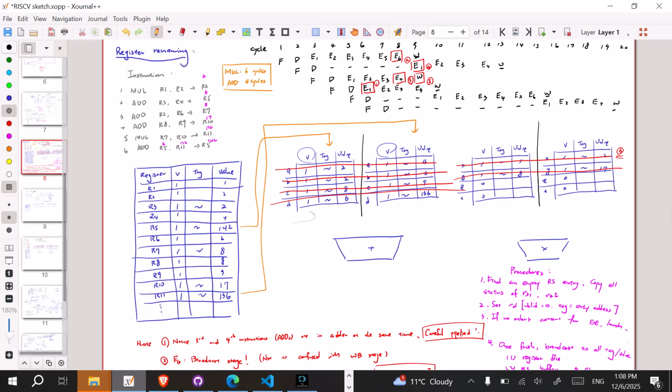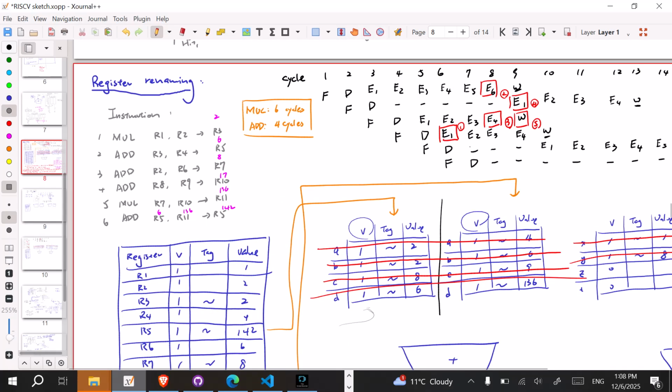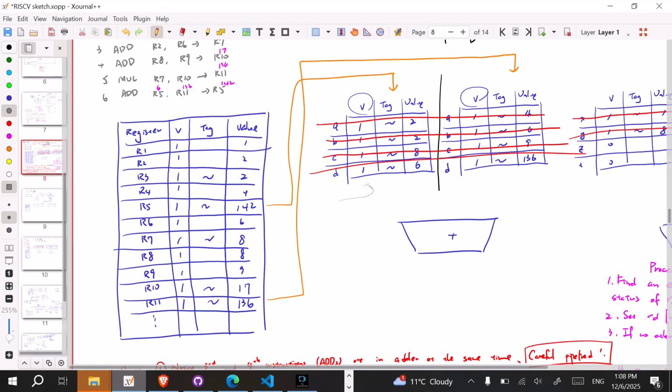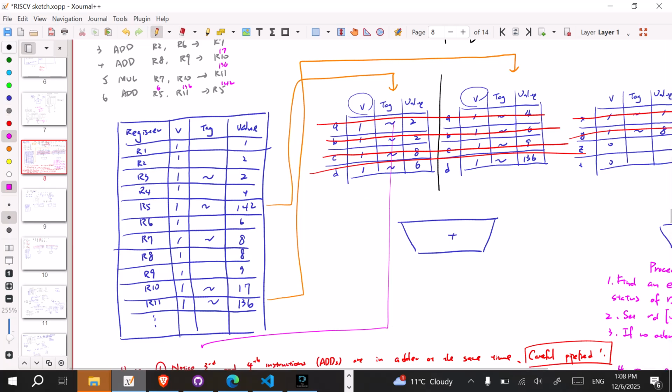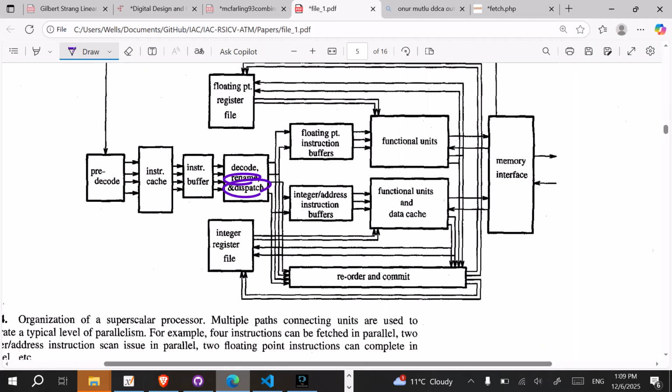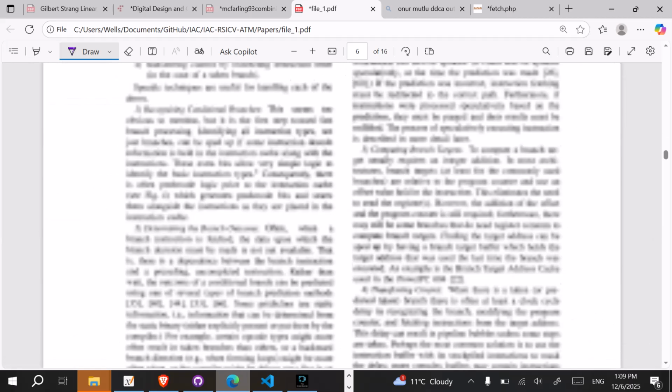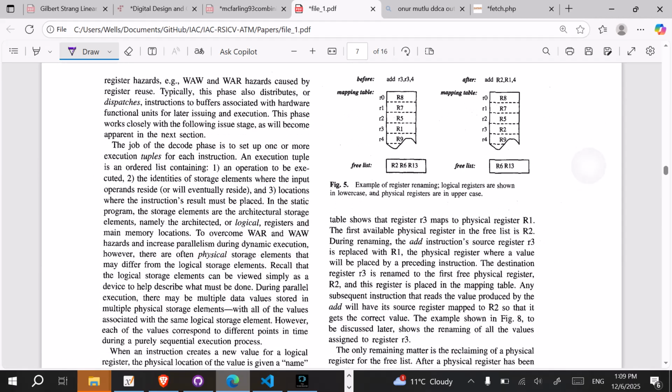If you work this out and then remember how I actually did it, something I didn't really do that correctly is that remember how I have a tag, and the tag goes along this architectural state of my register file. I actually already updated it once I do the execution stage. So I think this is actually not the actual register file, maybe. This is the part where I got a bit confused, because if you actually read the paper here, it says something else, which is the